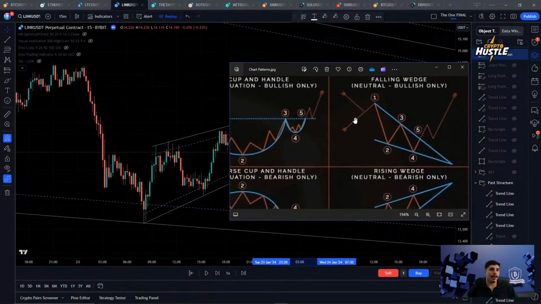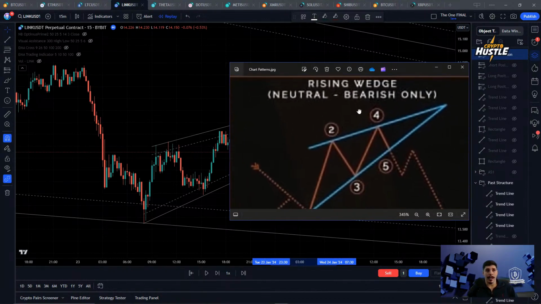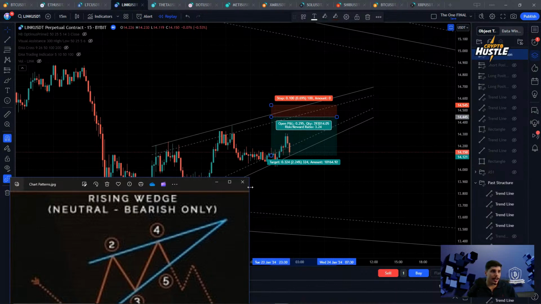Prime entry on the falling wedge, we're looking to go bullish. So we want to long from the bottom or long at the breakout. Prime entry on a rising wedge, we're looking to go bearish. So we're shorting from the top. And then